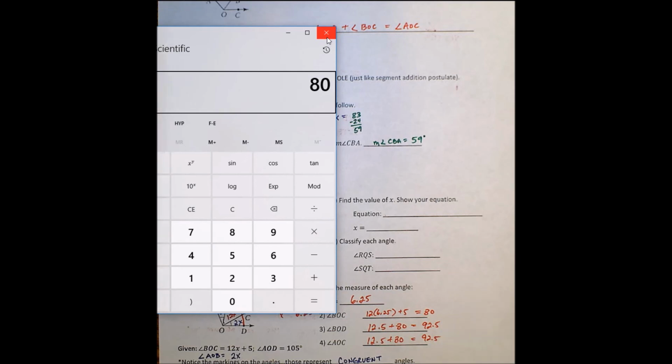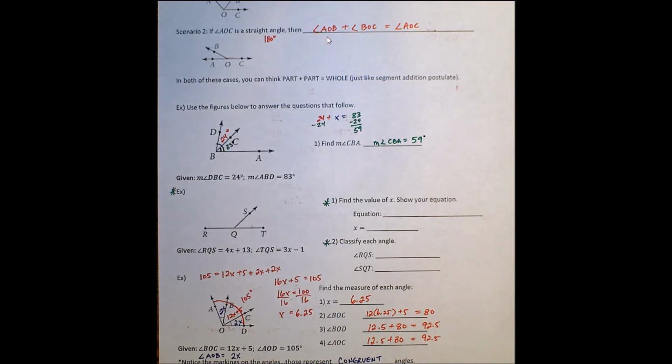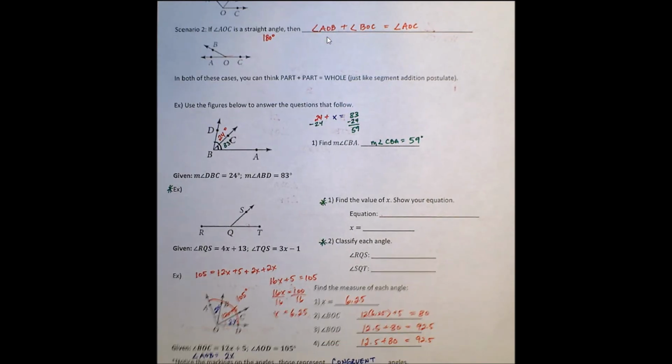Alright, so there you have it. Angle addition postulate, the same as the segment addition postulate, really, except now we're talking about